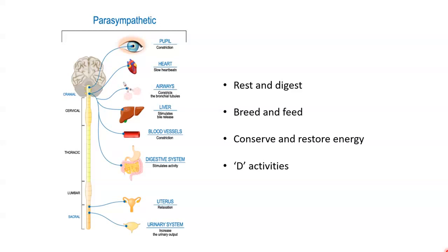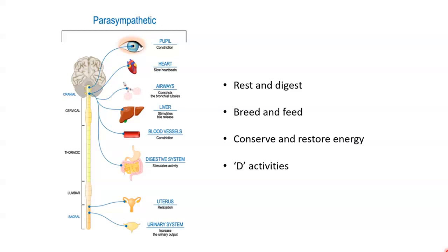So the parasympathetic division supports activities such as increasing the digestive activity of the gastrointestinal system. So this allows us to break down food and take the energy from that food and put it into our blood. It increases blood flow to the kidney so that we can filter our blood and produce urine. And all the other activities that are not prioritised during times of stress.